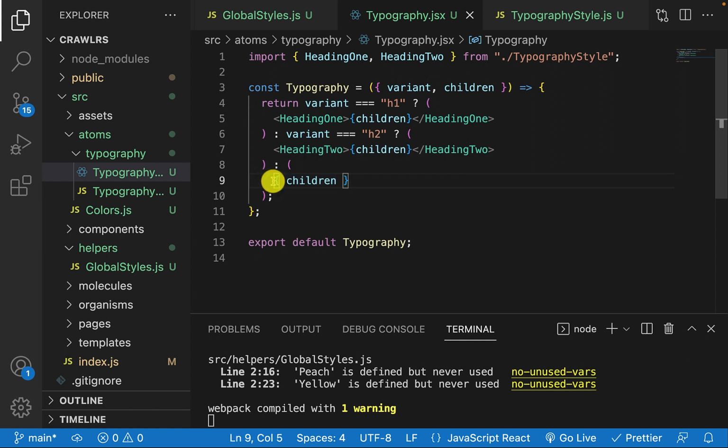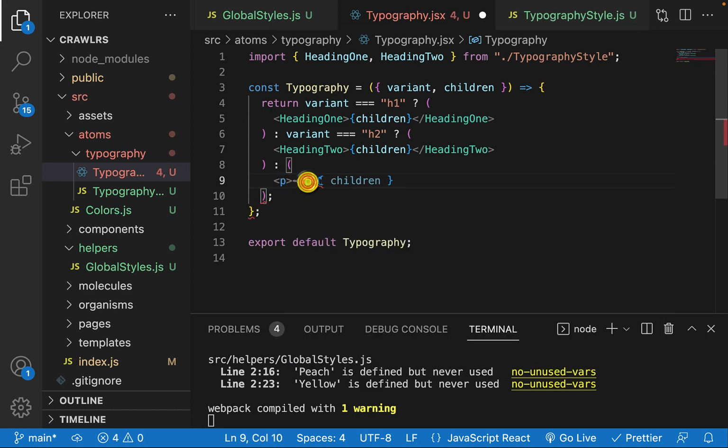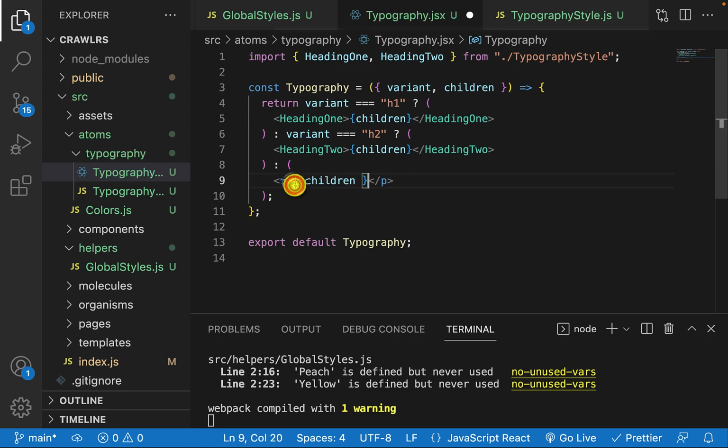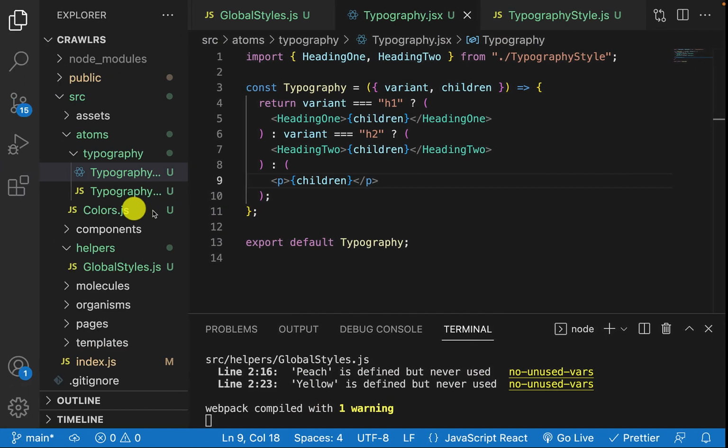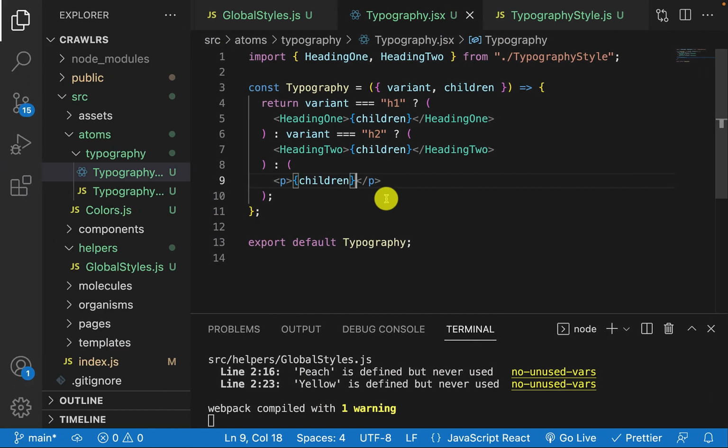So our default div now, for example, could be like a paragraph text like that, right? That is if at all we desire to create a div. So that would be our default text when a variant is not passed inside the component. So it's just going to be a paragraph tag, right? So we want to use this